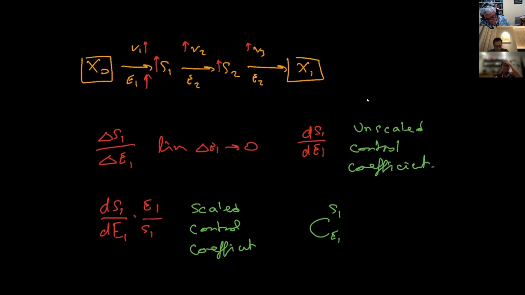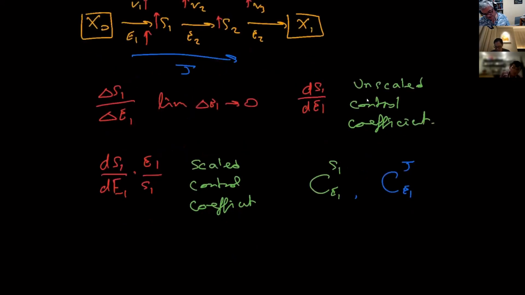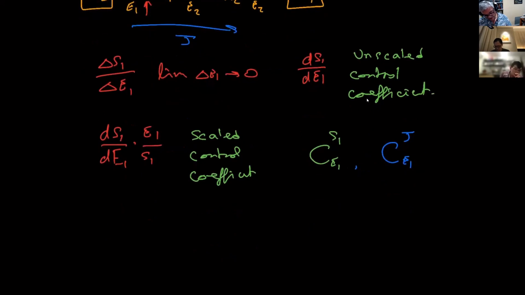Okay, so it's often CS1E2. And if you have fluxes going through here, we only have one flux really going through here. So when we talk about J, you'd also talk about CJE1 as well. All right. So if we looked at this pathway with 2 species and 3 steps, we actually end up with